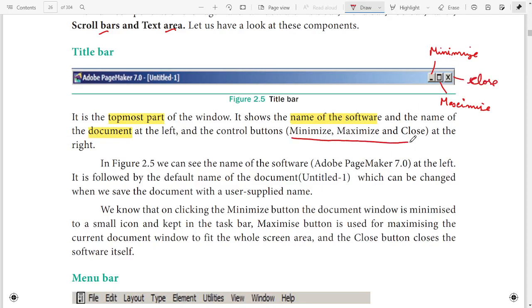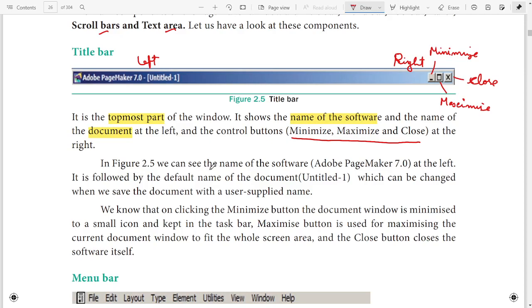This is what they have mentioned. In the title bar, we have the name of the software, the name of the document, and the control buttons like minimize, maximize, and close. These three are on the right side, and the names are at the left. Is it clear?